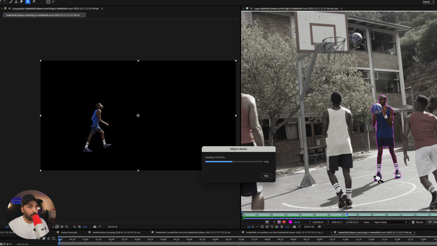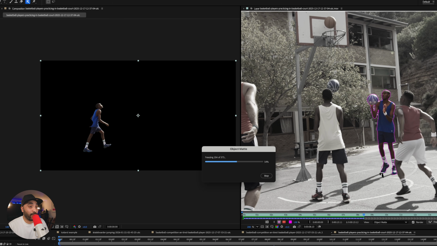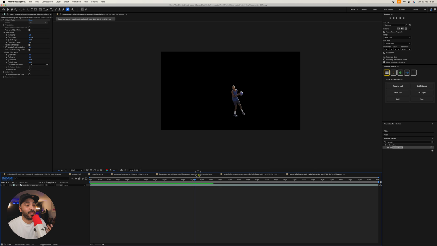Although it does feel the same with some of these tools. Now, although there is more control, the trade-off is freezing. In After Effects, once you're happy, you freeze it, which processes it frame by frame. It takes a bit longer than Premiere's approach, but once it's frozen, you're kind of good. You can scrub through it, pre-compose, add effects, and the tracking holds up, even though he's weaving in and out